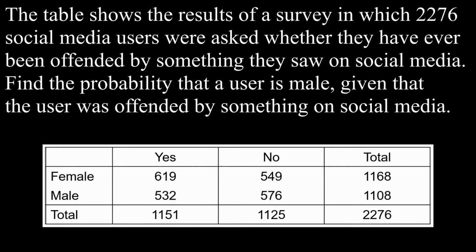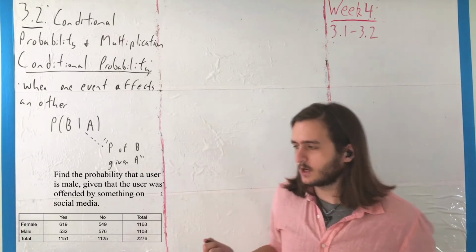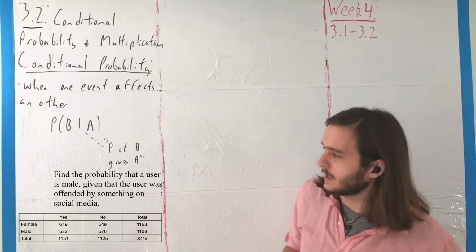To help ourselves understand this, we're going to look at another example, where we have a table showing the results of a survey in which 2,276 social media users were asked whether they have ever been offended by something they saw on social media, where we need to find the probability that a user is male given that the user was offended by something on social media. So here we've got something that's sometimes called a contingency chart, where we have our data